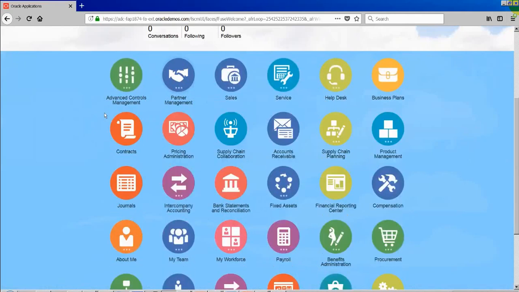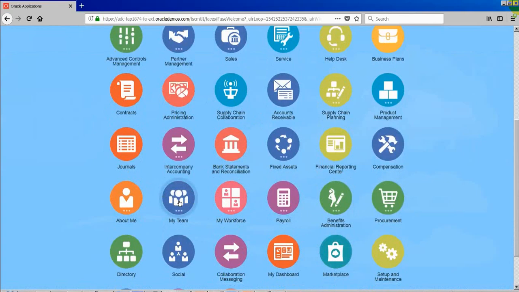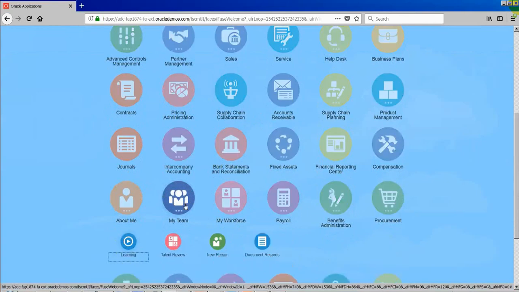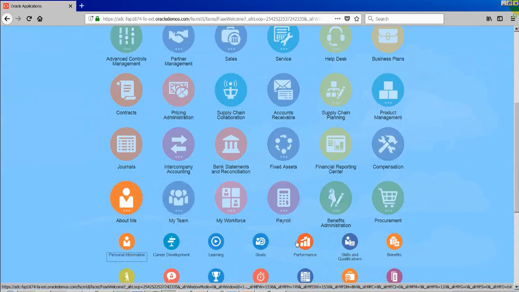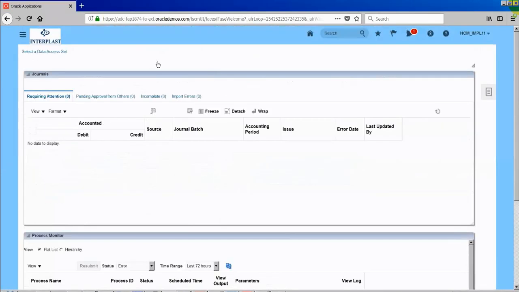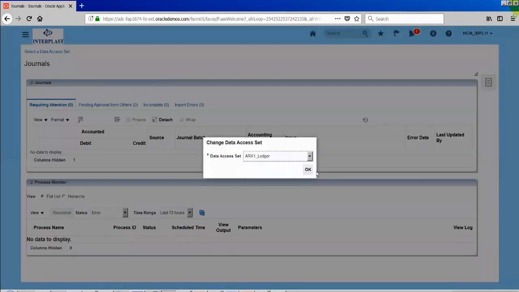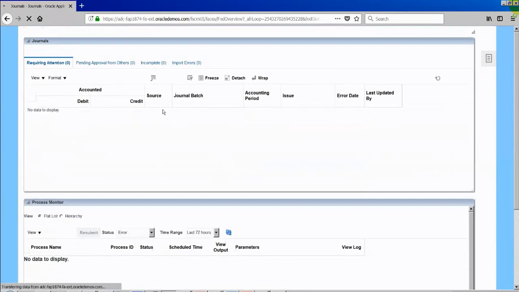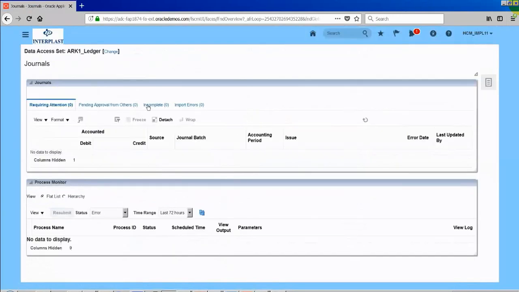Okay, for example, my team is here. If you click on my team, it has a list of tasks. Okay, if you say about me, it has a list of tasks. Okay, if you click on journals, if you see here no dots are there, it means it is a task. If you click on that, you automatically land into this general page, and we call it a work area. Okay, it is a work area where we can see the specific application, specific page functionalities. Okay, so that is the difference between the different icons.